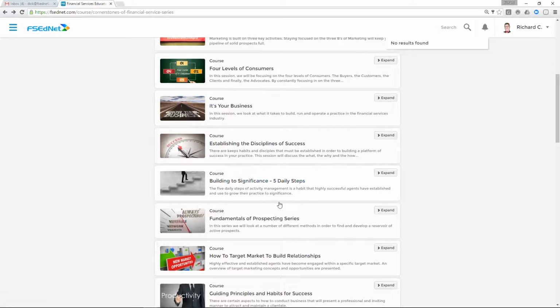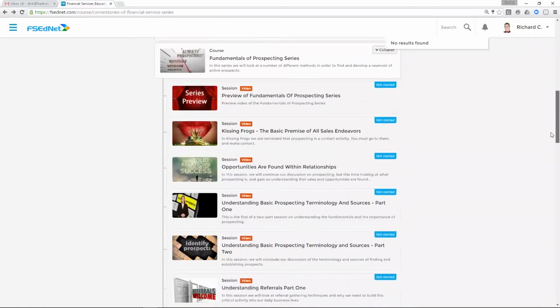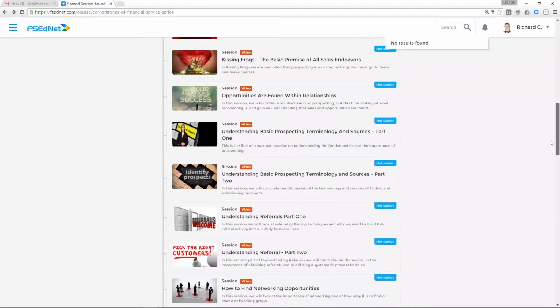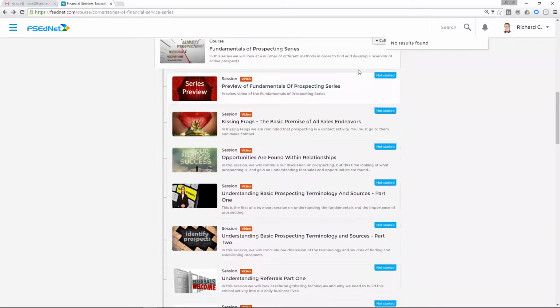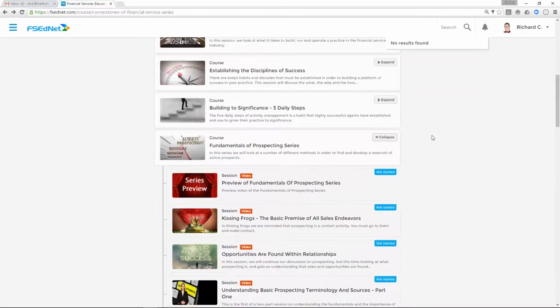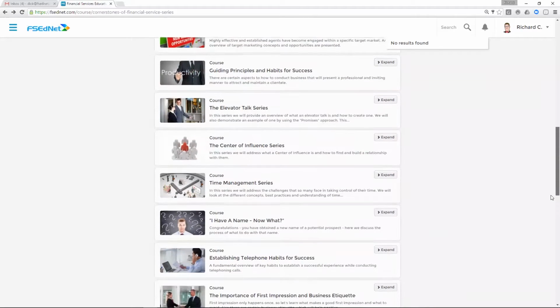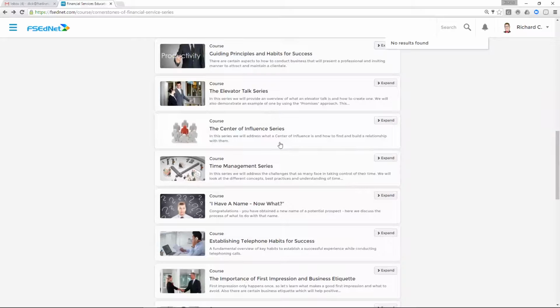Fundamentals of Prospecting focuses on the different techniques and processes in building a clientele. Most of the multi-session courses will have a preview video which will explain in 1 to 2 minutes the material and concepts you will learn while going through that particular course. This is followed by a session on target marketing. Other sessions include how to make a successful elevator talk, understanding centers of influence,